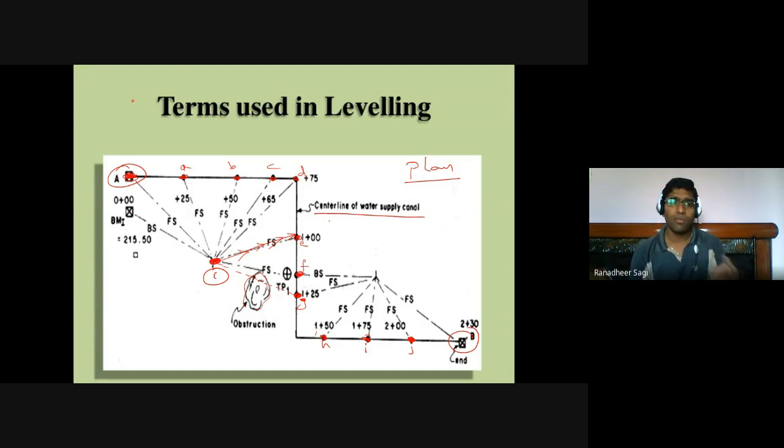Now, what I have done is, from station 1 position, I have shifted my instrument to what is called your station 2 position. Where is my station 2 position? This is my station 2 position. I am shifting my instrument to that position. Now, before shifting the instrument, I repeat, what was the last point on which I had taken my reading? That is by placing the leveling staff on your point F. That is this point.